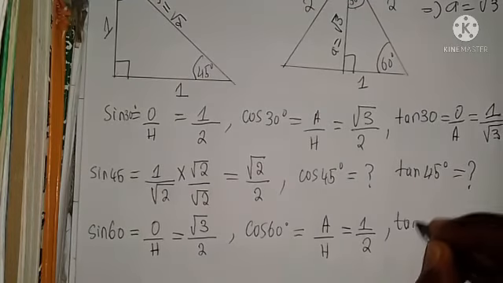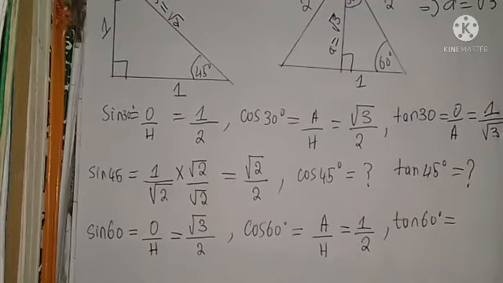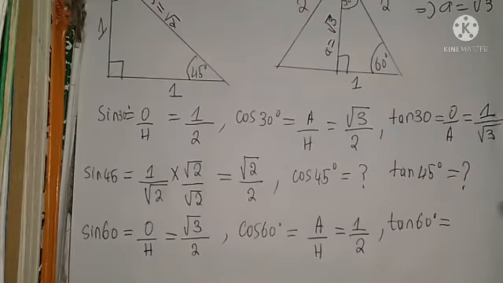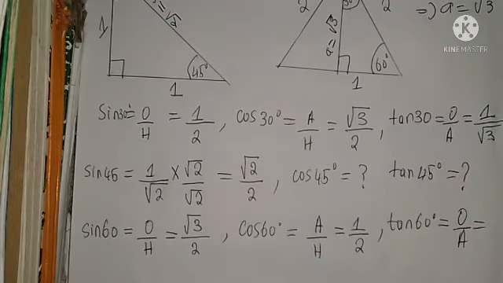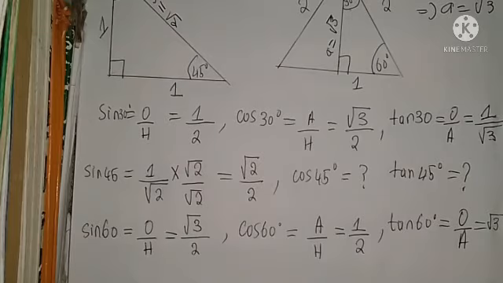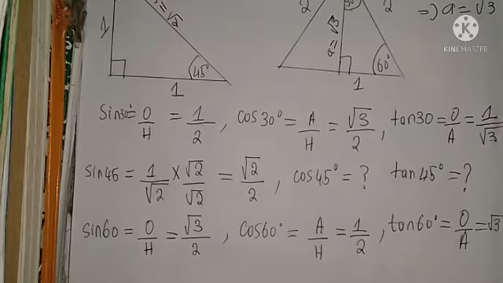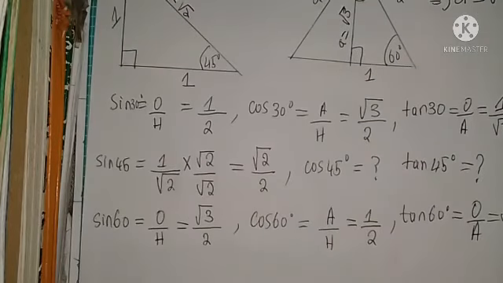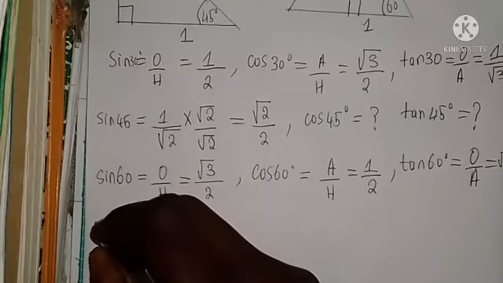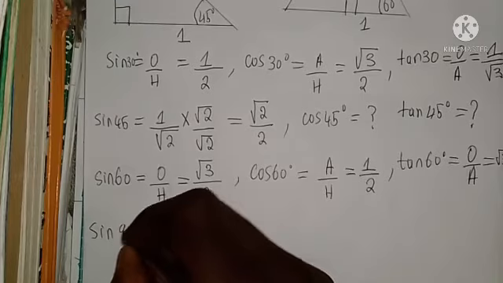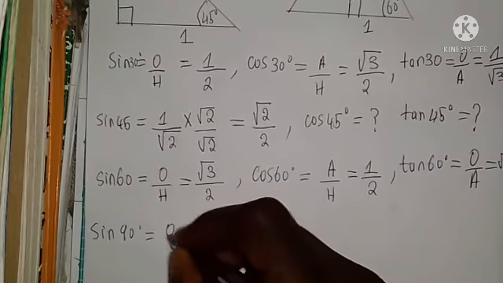And tan 60 degrees is going to be equal to opposite over adjacent, which gives us a value of root 3. Okay, that's the value of tan 60. Now, let's get over to 90 degrees. For 90 degrees, I would like to work with just one, the first triangle. So, we're going to have here sine 90 equal to opposite